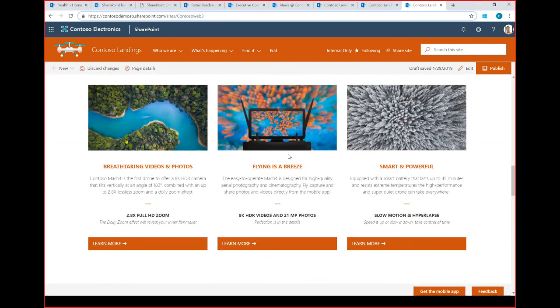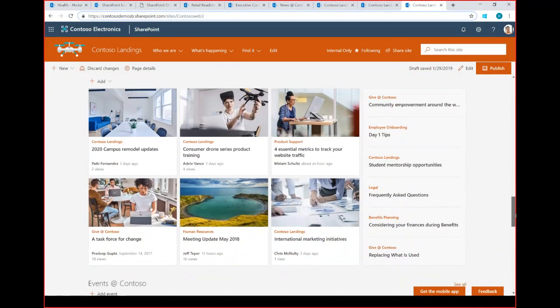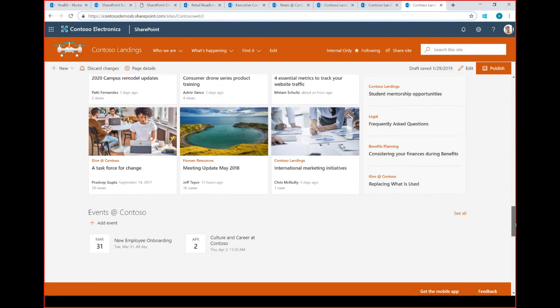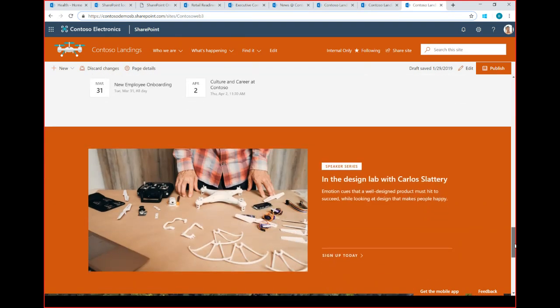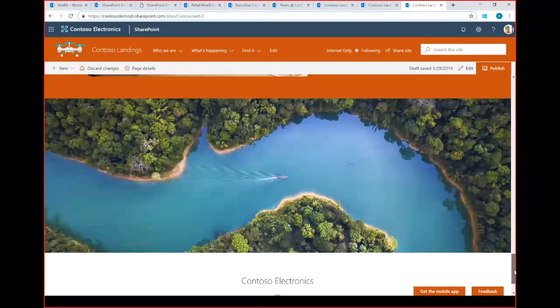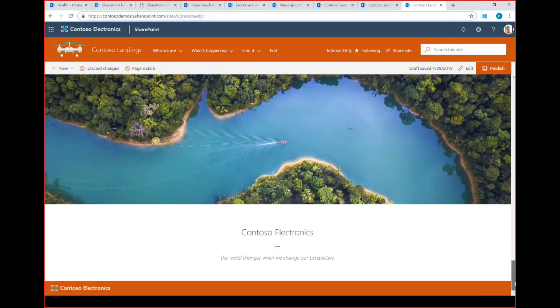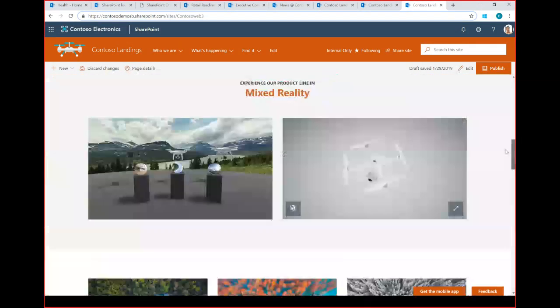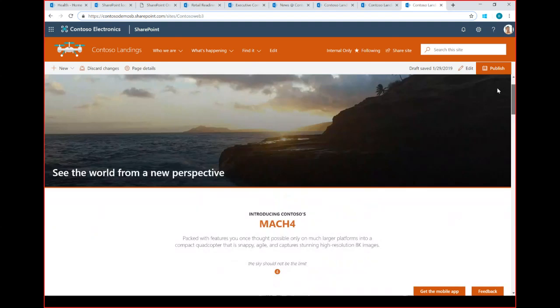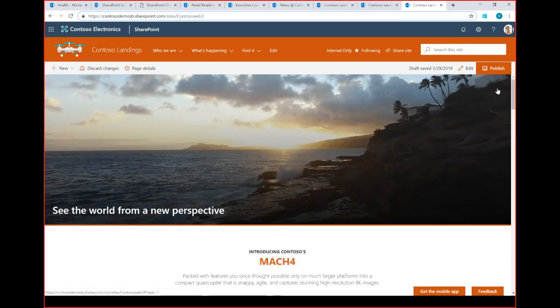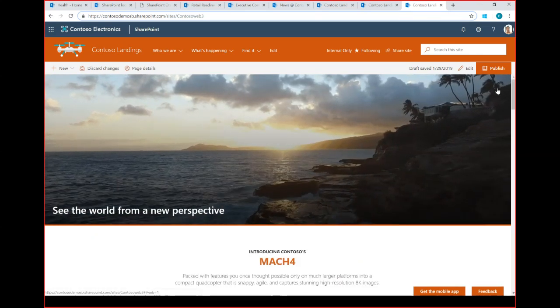And then after I've got all of that information, all of those graphics to really hook me in and get me going with this product, now you can see we're taking you off to different articles to learn more about it, and then bringing you into some of the general news, events, and additional information here in my life at Contoso. So 3 different views that you could see, but you could really see how with using SharePoint